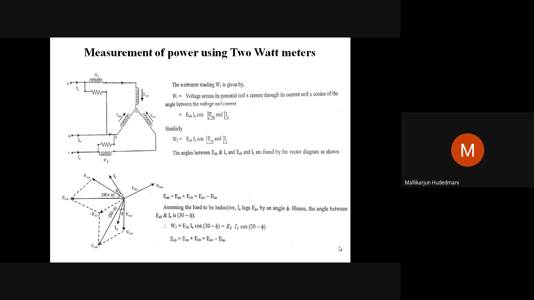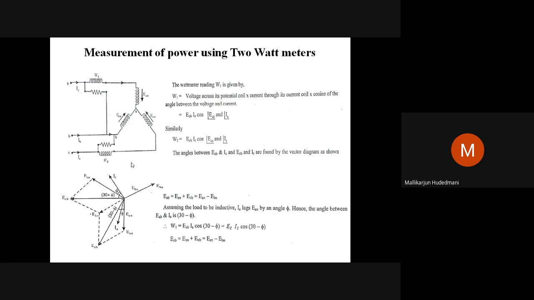Today, we are here to show that two wattmeters are sufficient to measure power in a three-phase AC circuit. For that, I have taken a circuit as shown in the top left corner. You can see a three-phase star load, with lines A, B, C interfaced, and I have installed wattmeter 1 in line A and wattmeter 2 in line C. Any two lines I can prefer. The remaining line will be the common point.